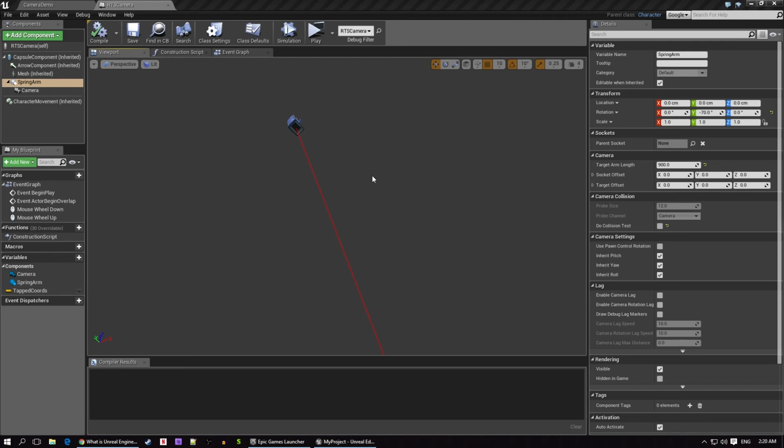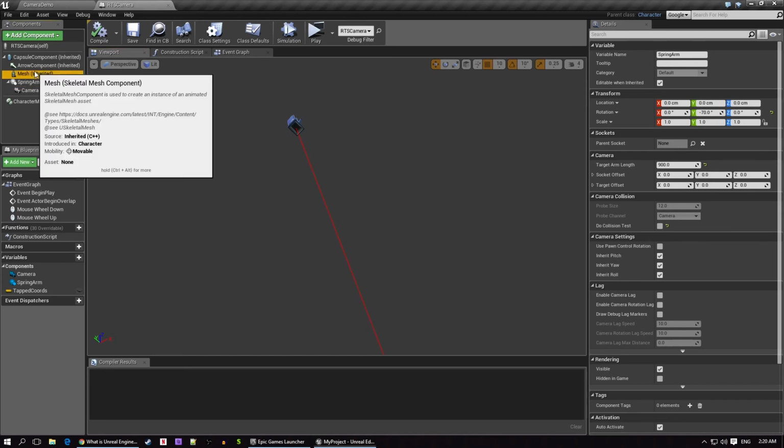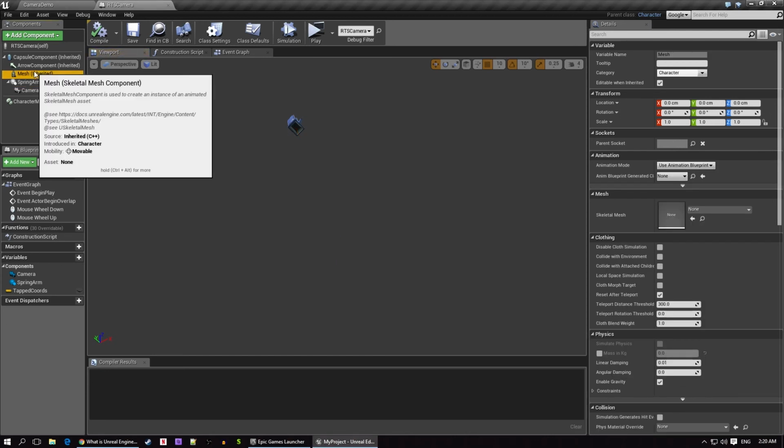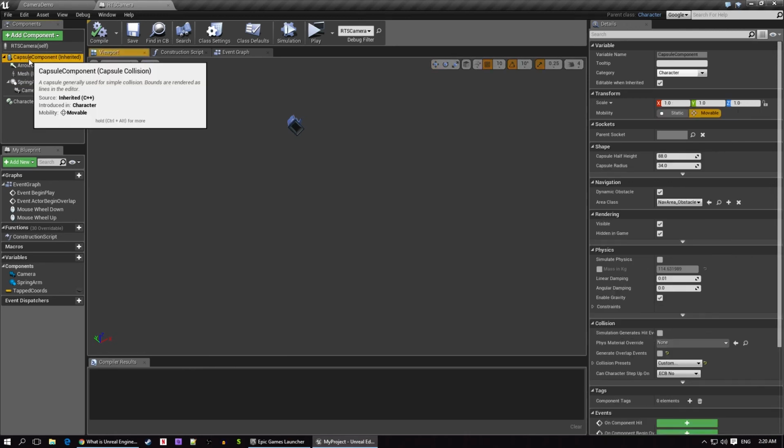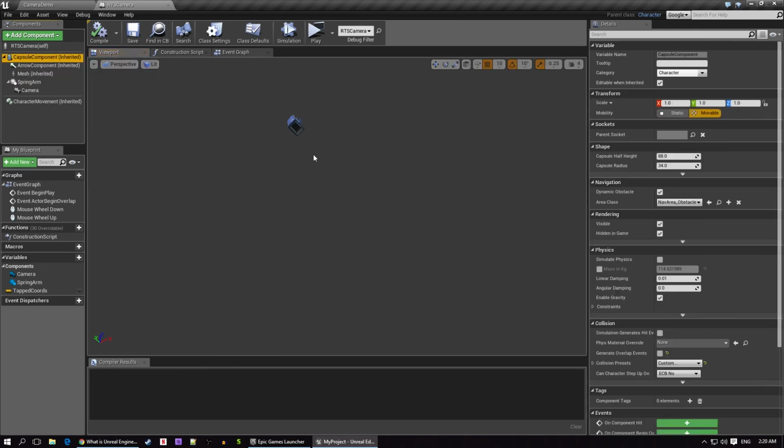So, most basic objects in the game will basically just be a mesh, which is developer talk for a model, and a collision capsule, which is something that basically creates physics events when something bumps into it, that sort of thing.